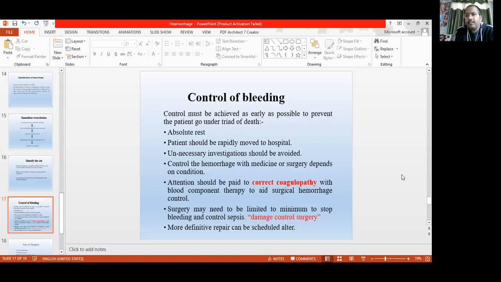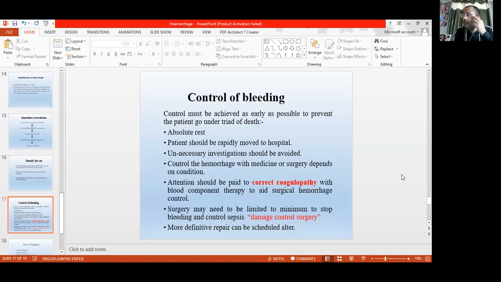Next thing, if the patient has gross trauma, a very heavy trauma, or has undergone a very big surgery, like any kind of transplant or any grave surgery where the abdomen is ruptured, the intestine is ruptured, meaning a very huge trauma. In that condition, the management is taken in two steps. The first step should be to stop the hemorrhage, and in the next step, you think about the reconstruction or repair.